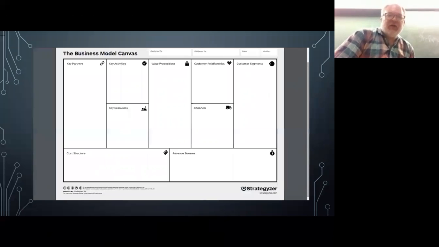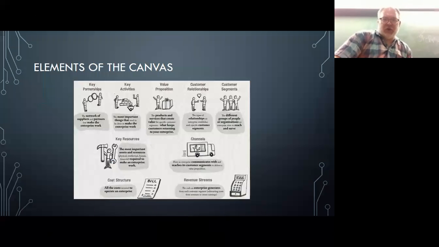See the picture there. I posted this to Slack as well. We're in a minute here going to go through a bit of an exercise and work through some pieces of this. So again, the canvas, we've got the partnerships, the key activities, the value propositions. We'll be talking about a more detailed way of evaluating value propositions in just a little bit here. Customer relationships, customer segments. So basically in any business, you're going to have various categories of customers,